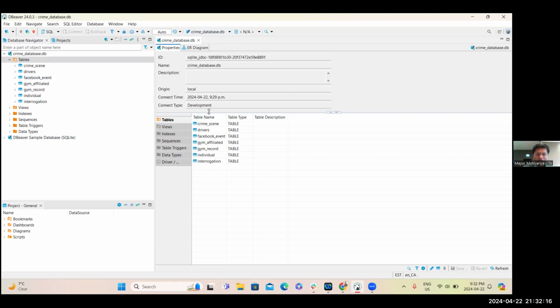It will give you the information of what the table name is, what the table type is, and the same information if it is views, indexes, a trigger or data type. All the information that we are having is the same in here. But the thing that we are interested in is the second tab. Can you see this where it says ER diagram? This one? Yes. Okay, so this ER diagram is the ERD, that stands for Entity Relationship Diagram. If you click on that,